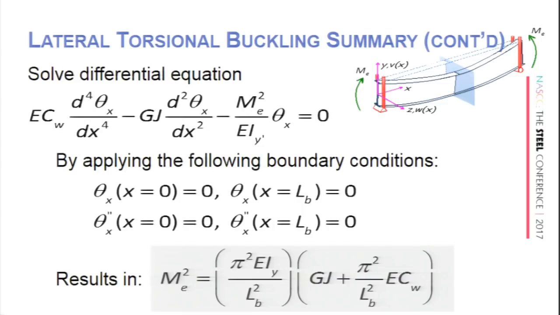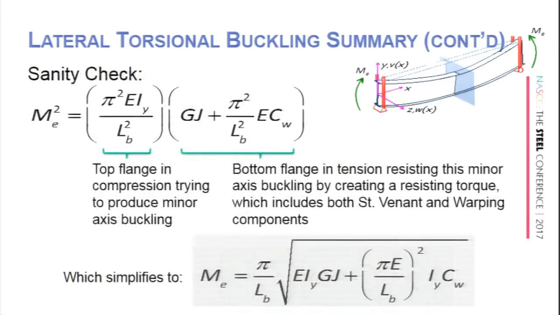If we apply the simplest boundary conditions, remember we started with just a uniform moment, our simplest loading, we get this expression at the bottom by applying our boundary conditions: no rotations at the ends, and no second derivative, the change in curvature at the end is 0. I don't know what else we call that. So there's our sanity check. There's our top flange in compression trying to produce our minor axis buckling. And here's our bottom flange in tension resisting this minor axis buckling by creating a resisting torque, which includes both the Saint Venant torsion and the warping torsion. And here's your expression,